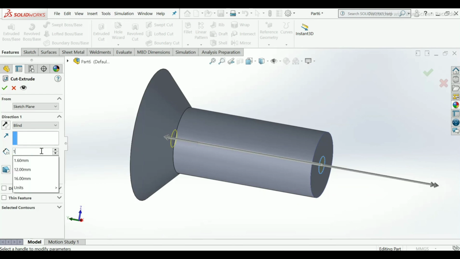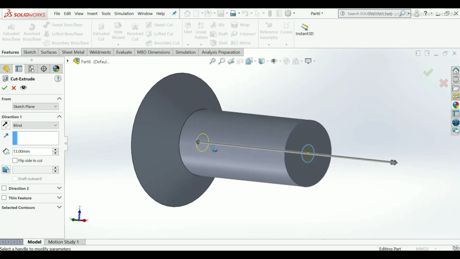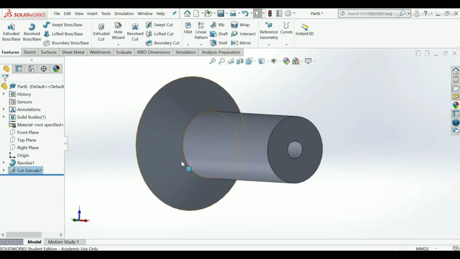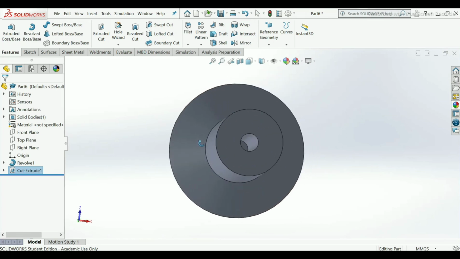Or simply you can subtract it, 16 minus 3, that is 13. So click OK. Our extrude cut has been made.